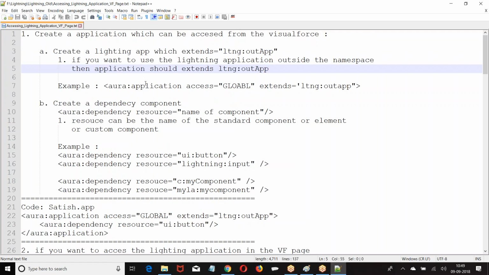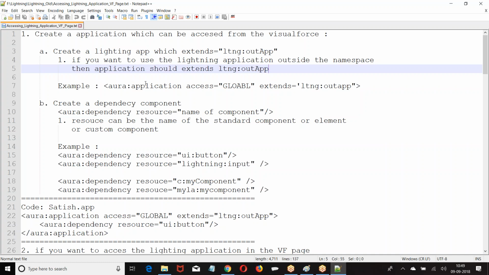If you want any lightning application to be included in the Visualforce page, that lightning application should extend lightning out app. It has to extend lightning out app. So LTNG, lightning out app.